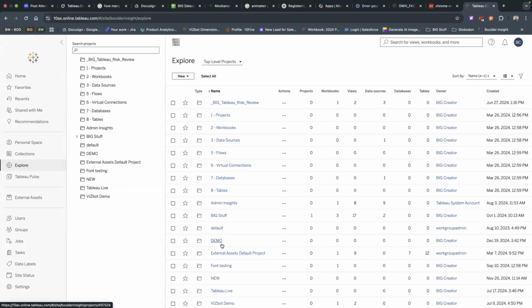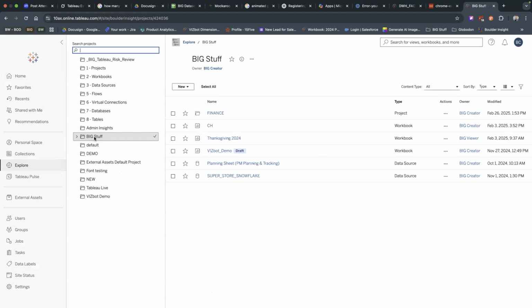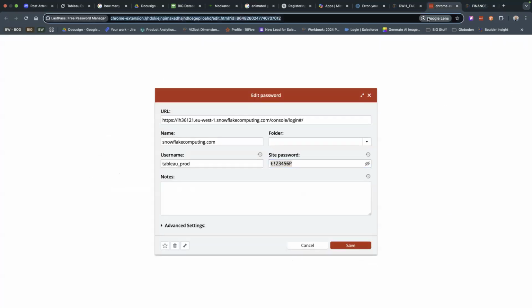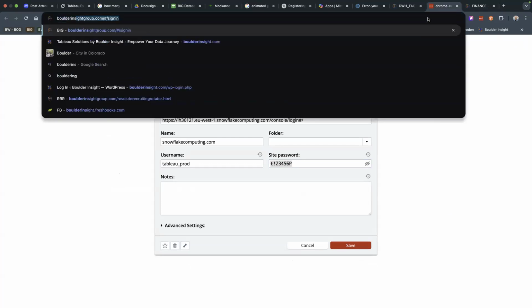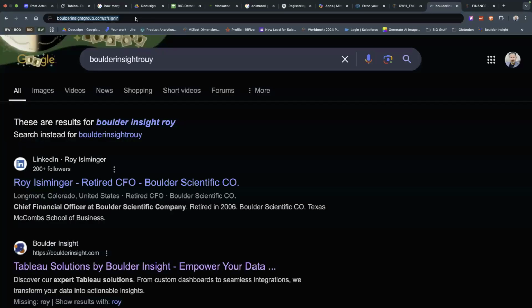We have, let's see, it's in the demo folder, I believe. Not in the demo folder. It's in the big stuff folder. Would you believe I put it on the wrong server? Open site group. Man, this is why I call these things Tableau Live. I can't type fast enough to get rolling again. I would have had this pulled up if I'd known this question, but we definitely have it.